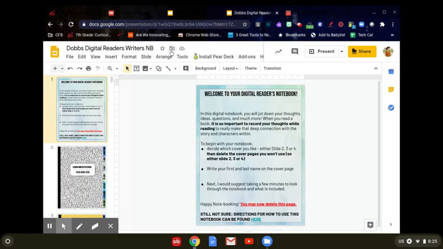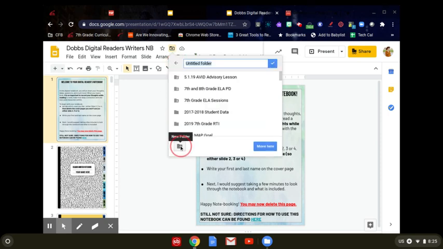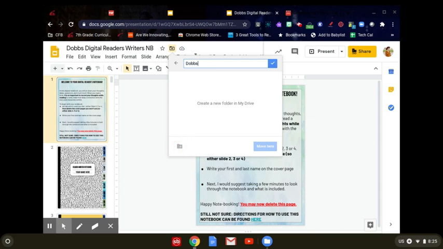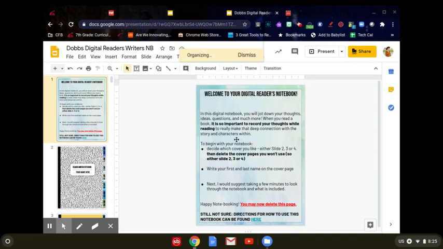So just follow these steps. So you'll title it, click here. And we're going to create, I'm just going to go, because this is another folder that I have set up. So I'm in my drive, right? I'm creating a new folder, Dobbs ELA. I'm going to click this little check mark. That means I've created it. Okay. And I want to move it here now. Now that I've created the folder, I'm going to move it here. Okay. And I'm going to move. And then I'm actually going to star it. So now it's a lot easier to find in my drive. So now whenever I go to my drive,